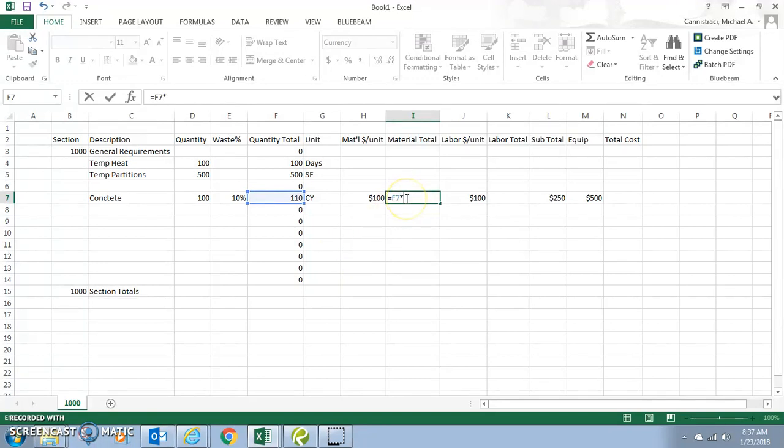That's multiplication in Excel. So I'm going to multiply my quantity total by my material unit price to figure out the material total. And that gives, in this case, $11,000 worth of material, which makes sense. 110 cubic yards times $100 a yard